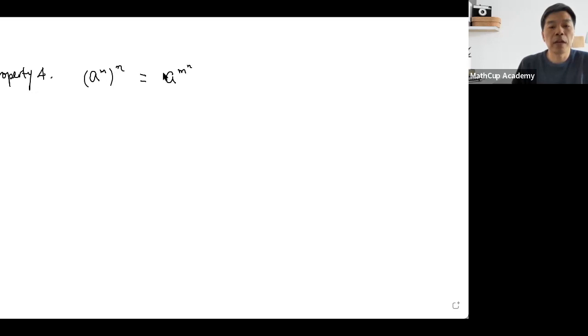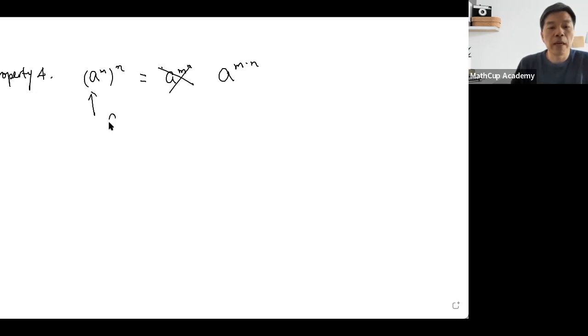This is definitely not true. Instead, this equals a to the power m times n. So you have a power raised to another power. If you're doing the power first, raised to another power, the exponents are just multiplied together. And how do we show this? A to the power m to the power n is equal, this whole thing is equal